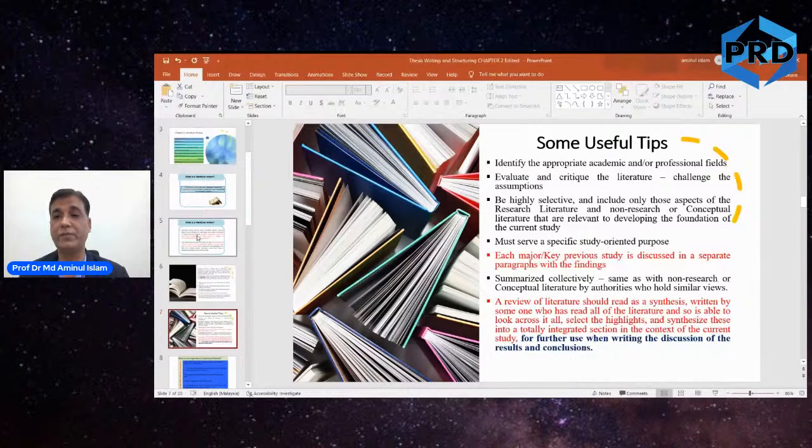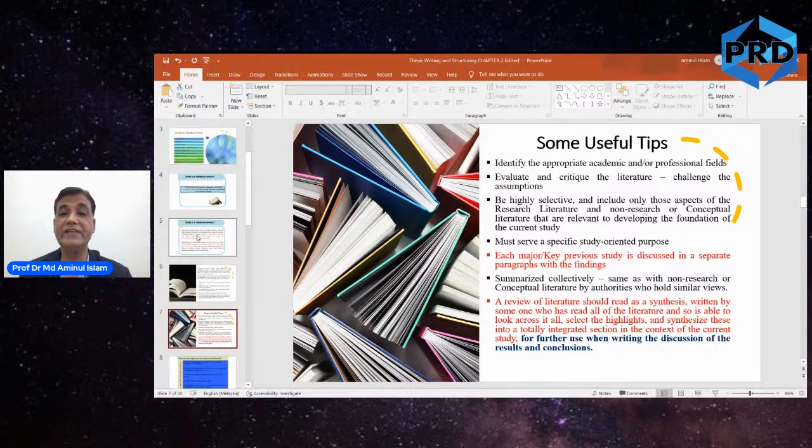Identify appropriate academic or professional field. That would be the weakness of many students. When you identify a research problem from the society, from the industry, you have to make sure it is somehow connected to an academic or professional field, right? Because your PhD degree is an academic degree, so your topic has to be somehow academic in nature. Why? Because you need supporting data and evidence through literature review. So if you choose an area where you have a small number of literature or papers available, then you'll be suffering a lot later on. Okay. So when you identify the problem, make sure that it is something academic, something professional.